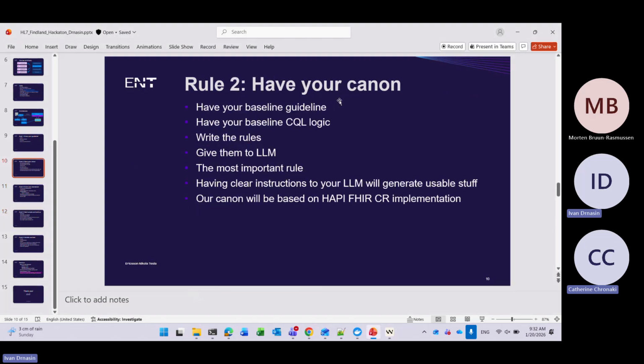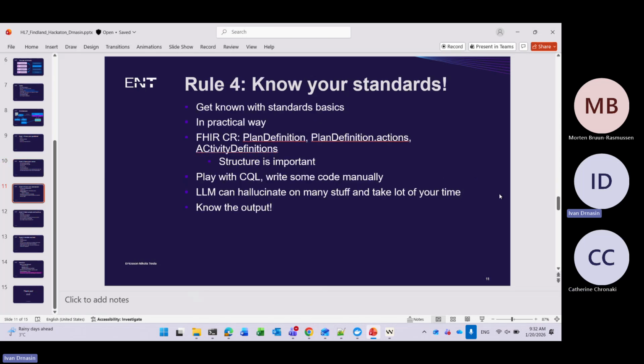So this is the most important thing that you have: how we would like that clinical knowledge to look like at the L3 level. As I said, my canon is adapted to the FHIR clinical reasoning implementation. In Croatia, we have a little bit different vision of how clinical reasoning should work, and that's how we also implemented our engine. Of course, you need to know standards. So you need to have a person who knows the clinical guideline, a person who knows the standards, and it's also good to have some coder who is good with AI tools.